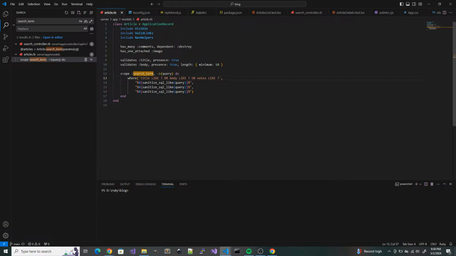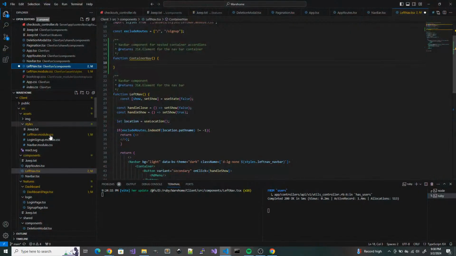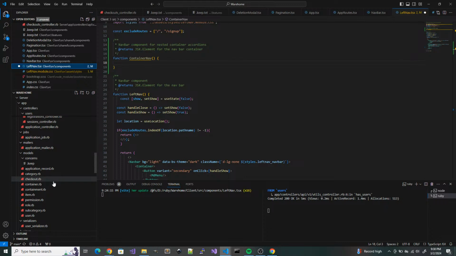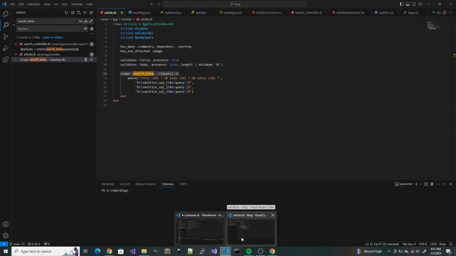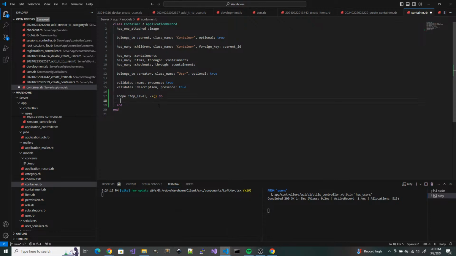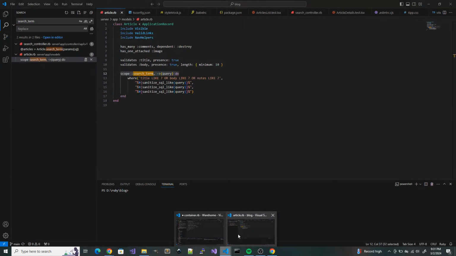And then, yeah, so containers. Scope top level do, and where